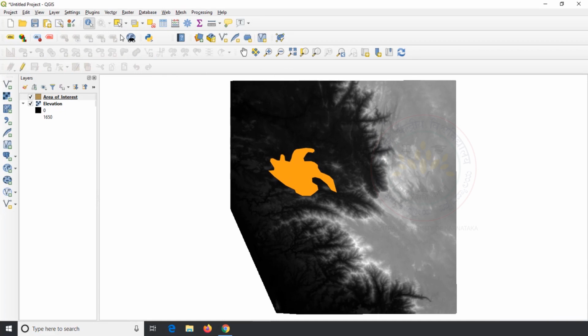Now we will clip this elevation raster using this area of interest vector layer.